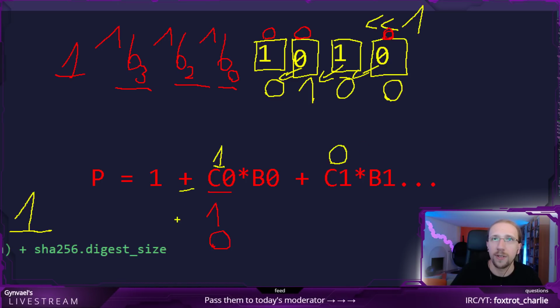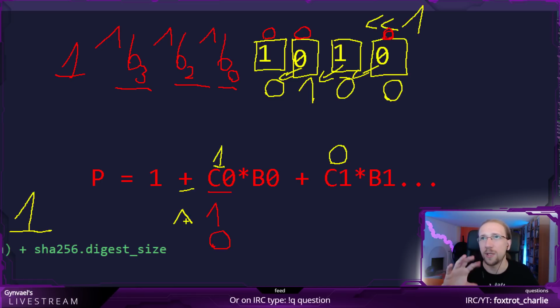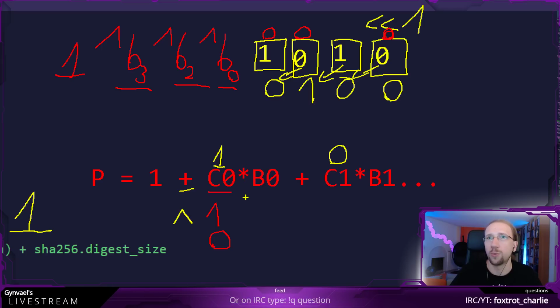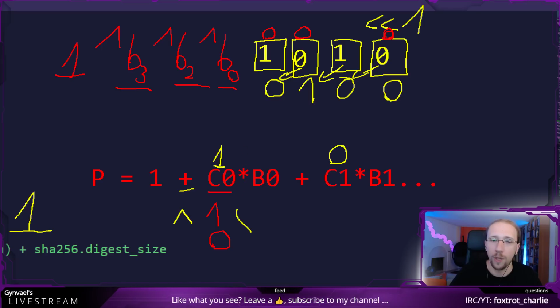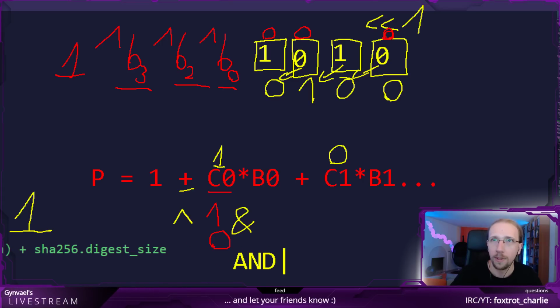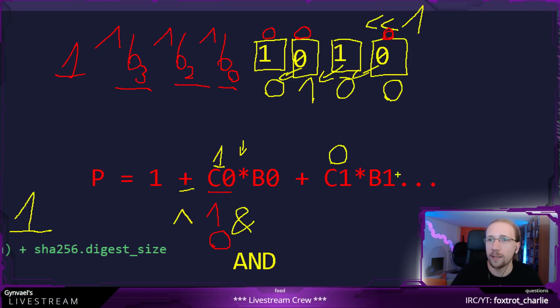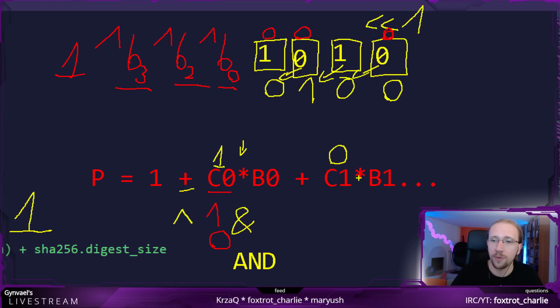And plus is actually XOR. It's plus because we are operating on bits, so it doesn't matter. Plus and XOR work the same way on one bit, and multiplication works the same way as a bitwise AND instruction, right? You might note it with multiplication. And b0, b1, and so on being the actual values from here, right? So the c0, c1 are constants in the polynomial, and b0 and b1 are the actual bits.